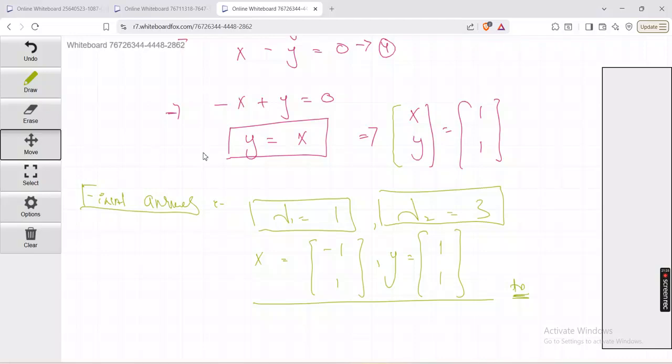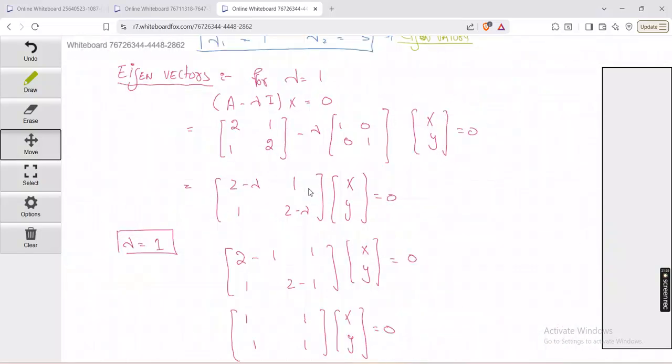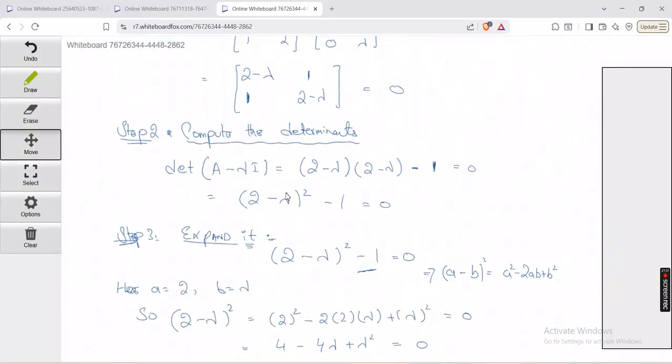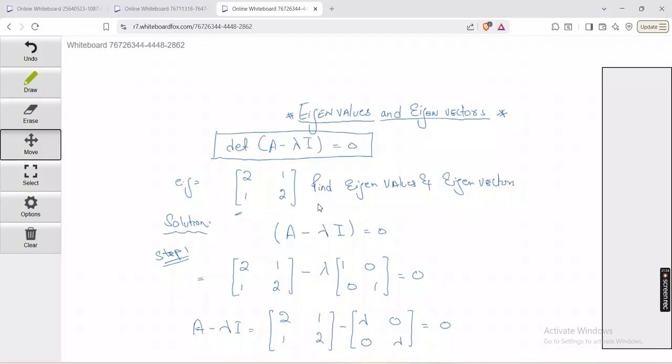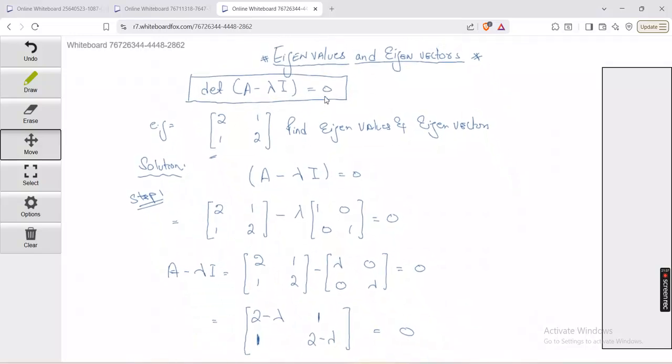You just need to keep the steps in mind. It's not difficult, it's very easy. You know those all determinants and all of stuff, we are doing it again and again. So what you are doing is, first we are finding eigenvalues, then we are finding eigenvectors. So this is one example which I took,